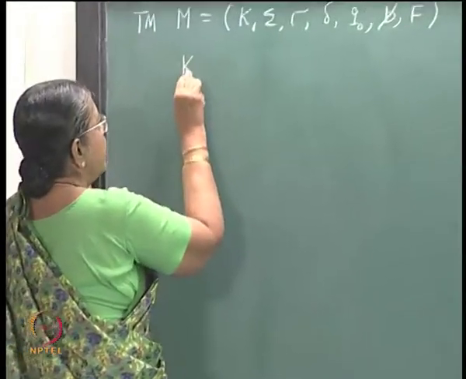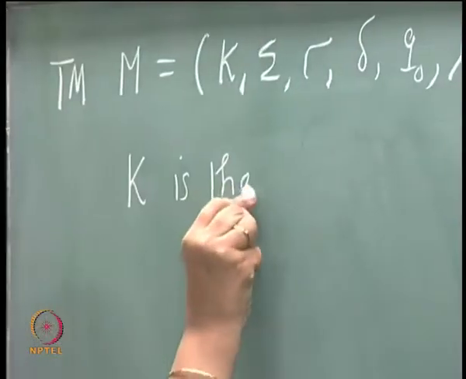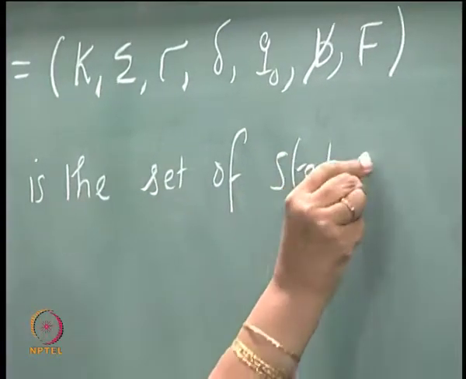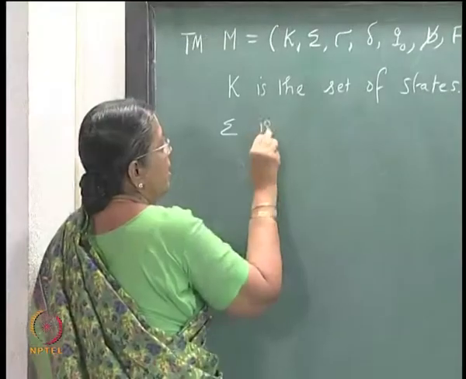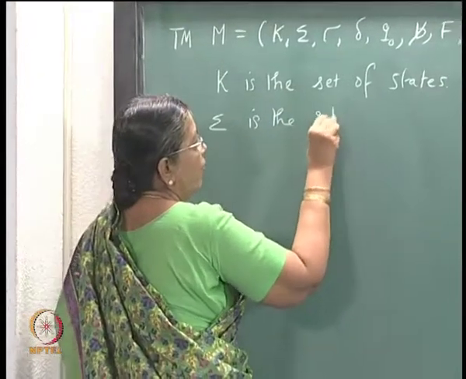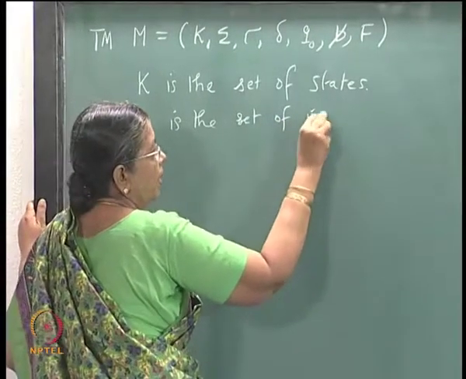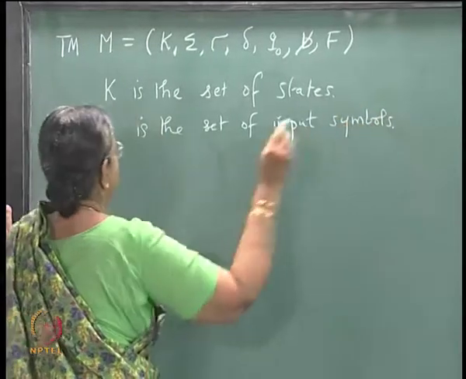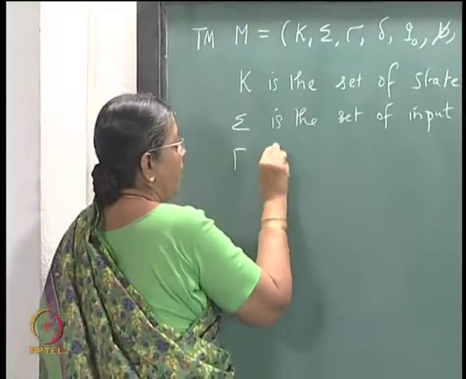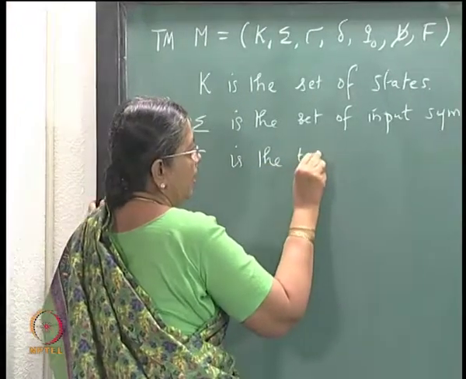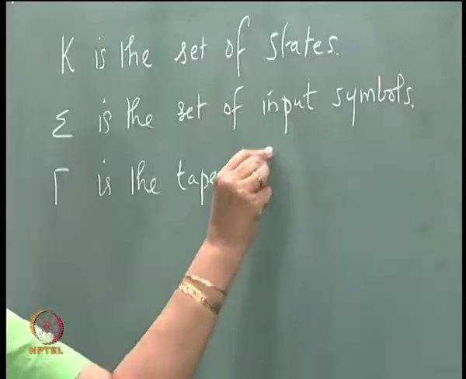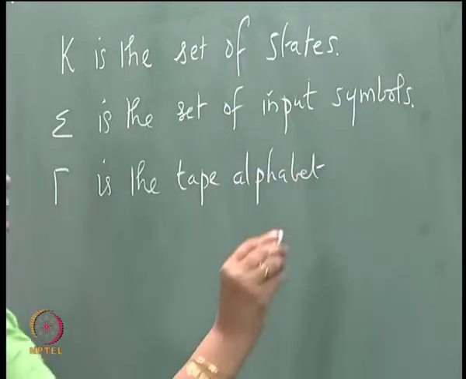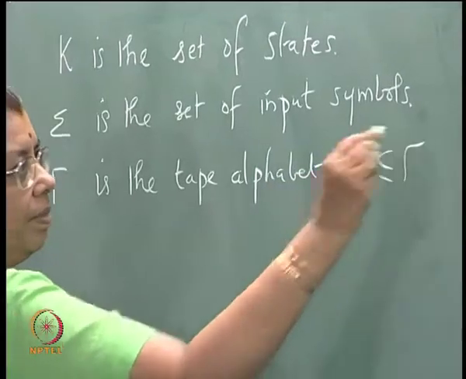K is the set of states, sigma is the set of input symbols, or the input alphabet, gamma is the tape alphabet, and sigma is contained in gamma,